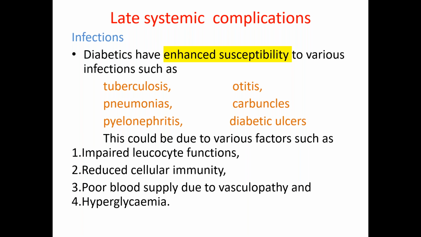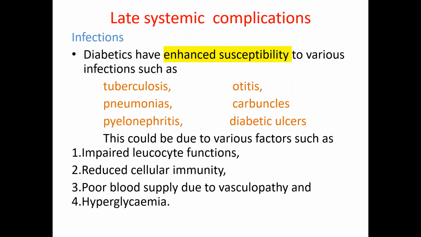So this could be the way the increased susceptibility to infection is due to various causes. It is due to impaired leukocyte function. The phagocytosis is impaired in the case of diabetes. Neutrophil phagocytosis is impaired, and there is reduced cellular immunity. This leads to